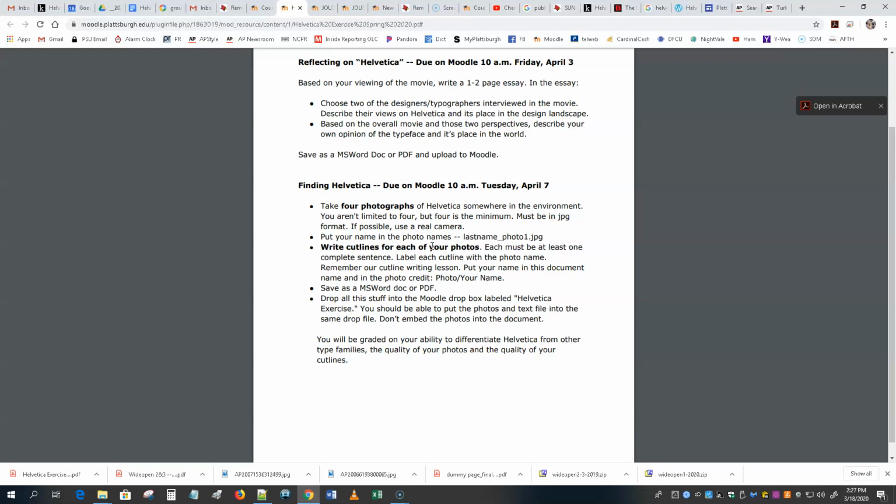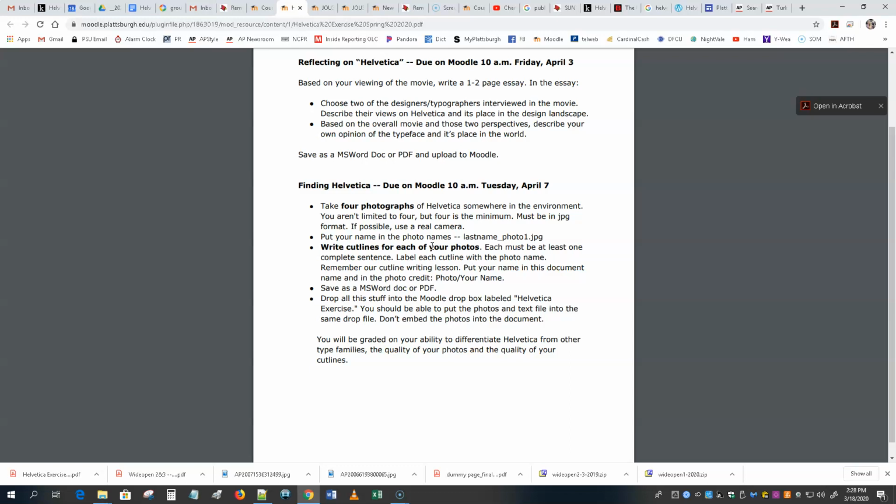Think about photo composition, if you're remembering any classes you may have had in that. When you name the photos, please use your name in the name, so it's photo 1 your name, photo 2 your name, something like that. I want you to write cut lines for each of the photos. Make sure it's complete sentences. Think about our cut line writing style. Make sure to put your name